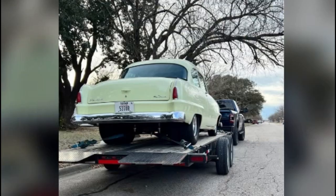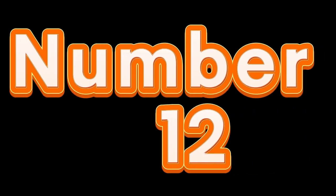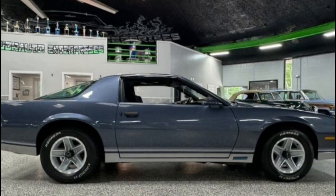The previous setup included a 750 Demon carb, which is also included. This car has been a showstopper, having won a few car shows, and remains a solid, fun cruiser. Located in Waco, Texas. Number 12. The 1984 Chevrolet Camaro Z28, priced at